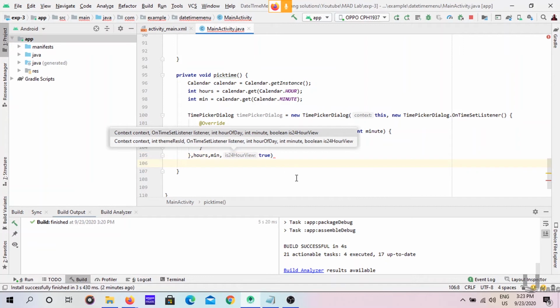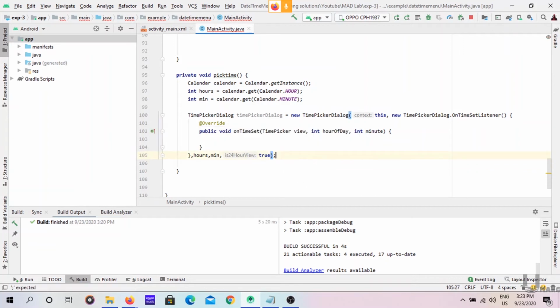What this true or false says is, if the time is in 24 hours format, you see it is suggesting true for this variable. If we are saying that the time picker dialog box should show us the 24 hours time format, it should use the 24 hours time format.